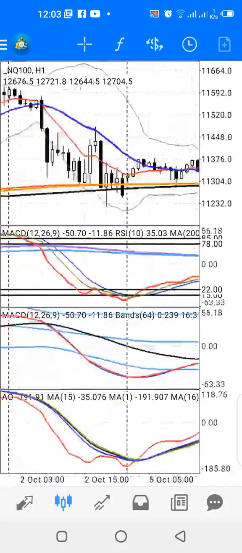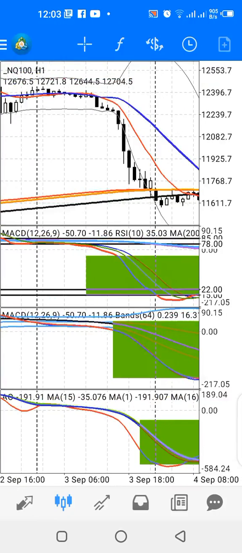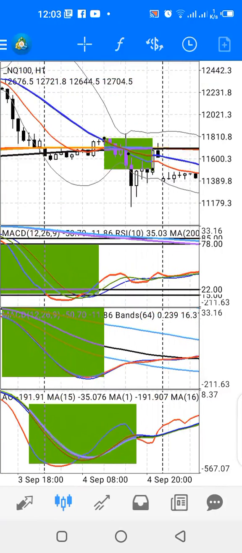Okay, take it back to where I started from. Started from around here. Okay, now for indicator window 1,